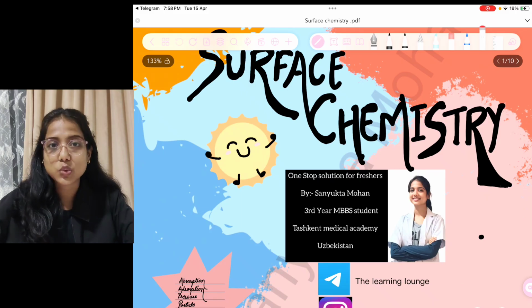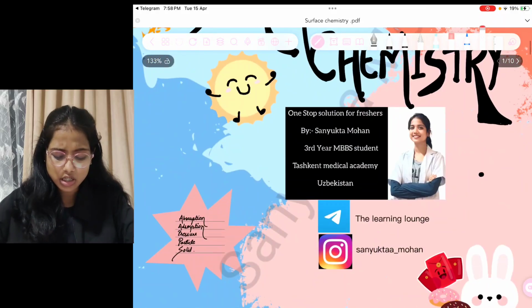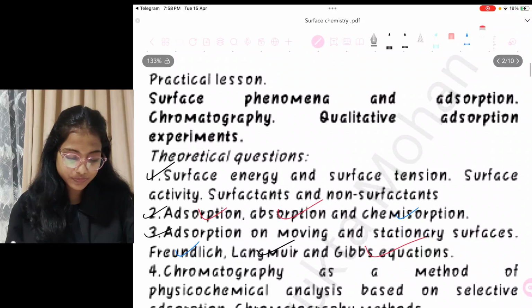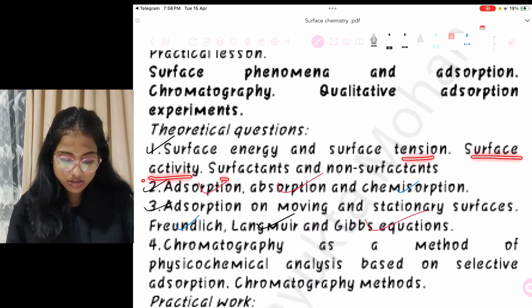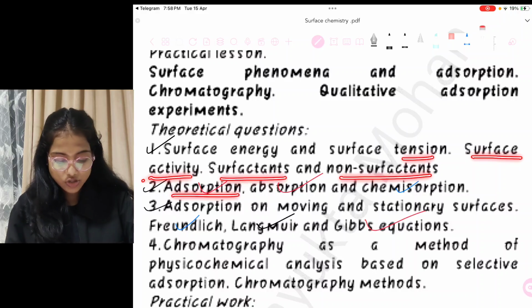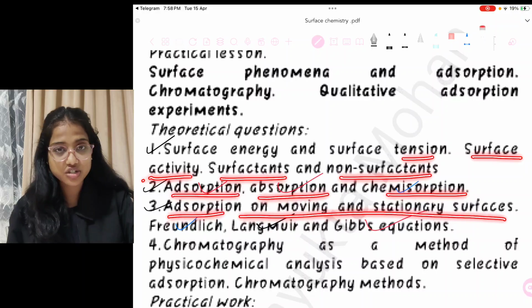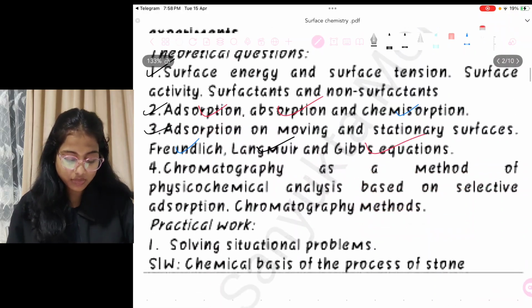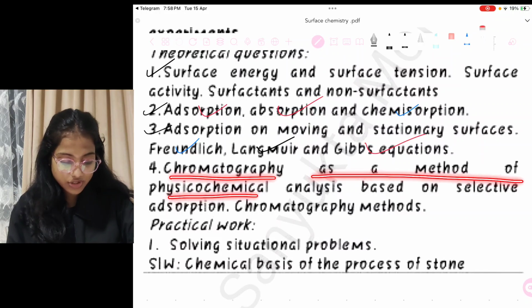So today we are heading towards the second lecture of med chemistry, and today's topic is surface chemistry. So let's see what we will study in this topic: surface energy and surface tension, surface activity, surfactants and non-surfactants, absorption, chemisorption, adsorption on moving and stationary surfaces, Freundlich and Langmuir and Gibbs energy. Then the last topic will be chromatography as a method of physicochemical analysis based on the selective